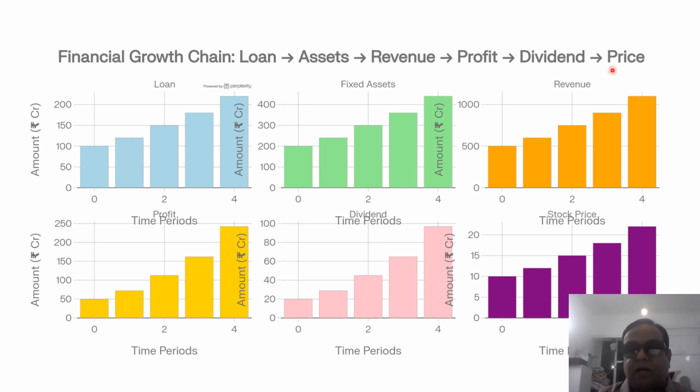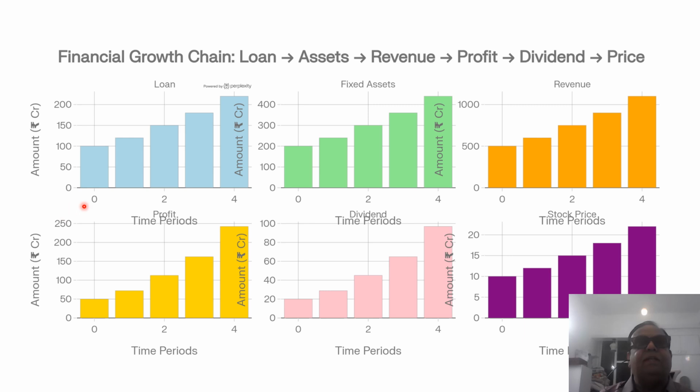Of course, there is also a contradictory theory, because I'm a faculty here, so I can tell you both sides of the coin. When the company is paying dividend, the price will increase. Even so, there is also a contradictory theory that dividend payment is not going to impact the market price. So this is the kind of trend.